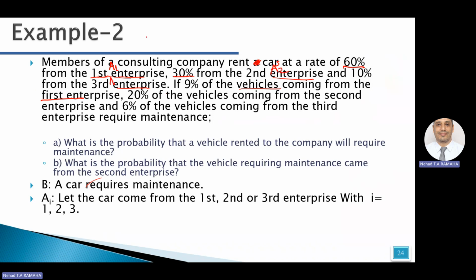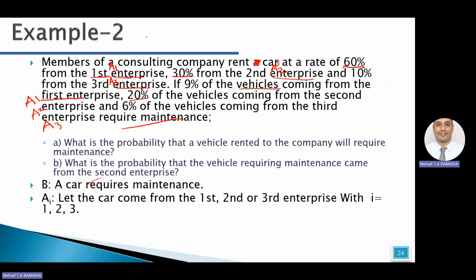Third, I will name it A3. So from A1, 9% of vehicles come from the first enterprise, 20% come from A2, and the third enterprise, which is A3, the remainder, yes,